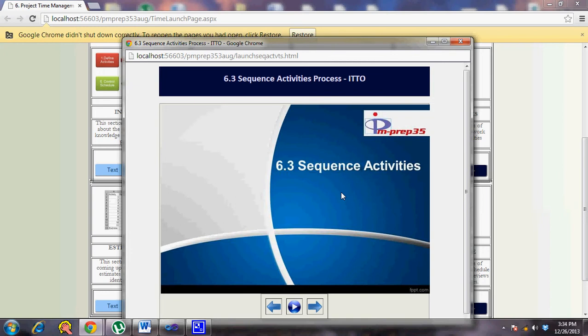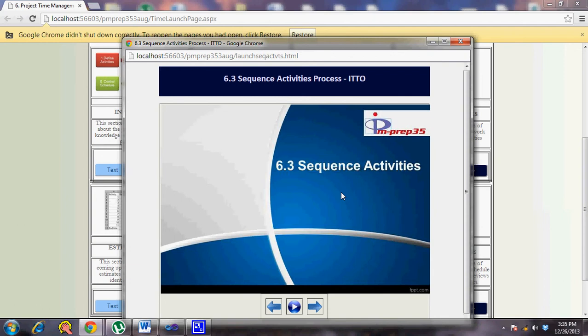The sequence activities process specifically looks at creating the project network diagram with the available activity list as well as the milestone list, which is part of the define activities process. So it takes care of the different dependencies between the activities, and also what could be the lead and lag for a particular activity. It keeps these in mind and builds the project network diagram. So it is just one section of the whole scheduling process. Normally you do this in the same process on a real-time project.